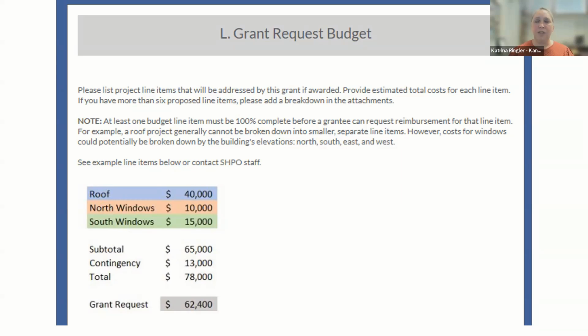Now, it is important to understand, and we'll talk a little bit more about that in a second, that these have to be 100% completable things, line items. So as you see in the example here on the screen, a roof, north windows, south windows. There could be masonry on the north side or the south side. But it has to be something that we can look at and say, that is finished,